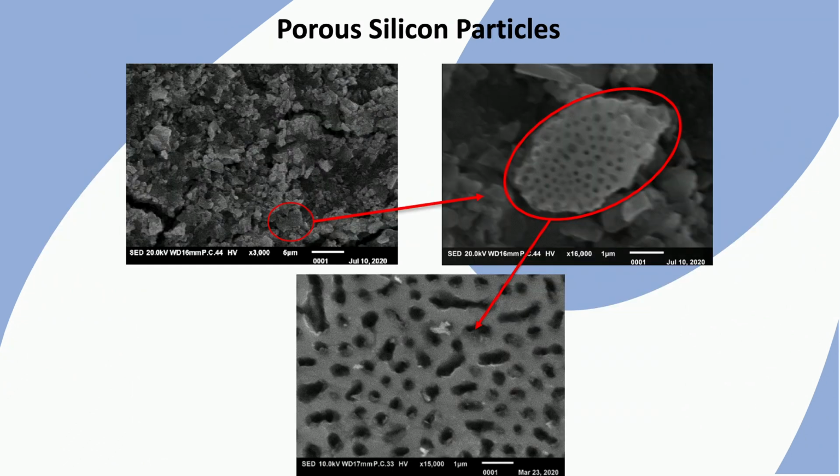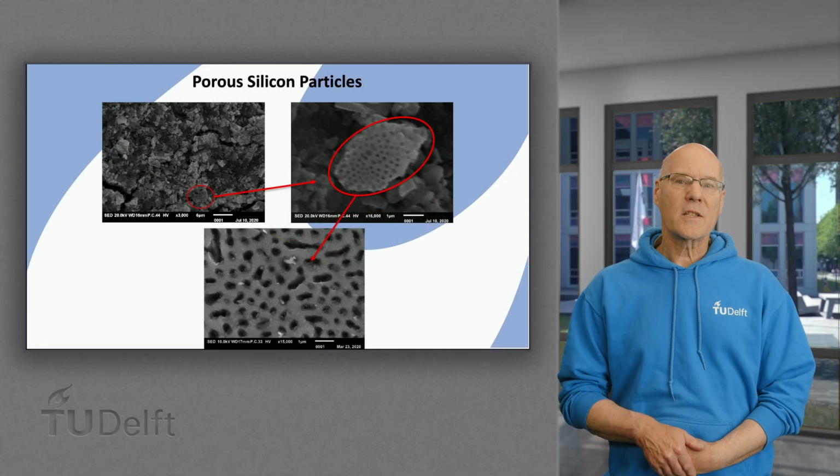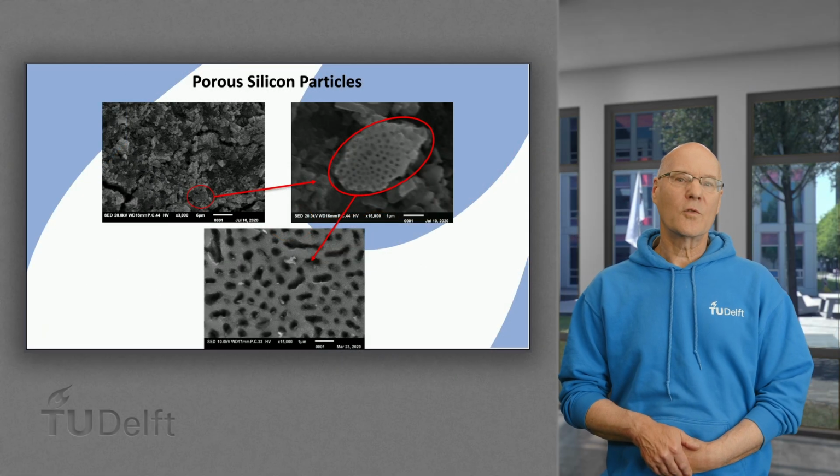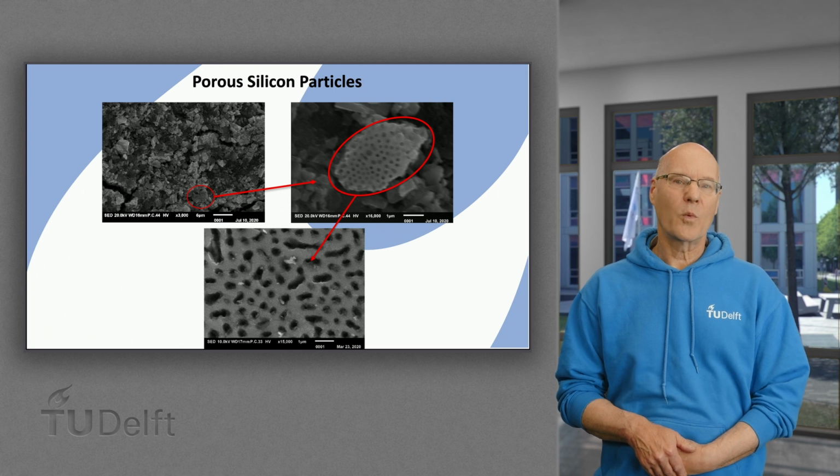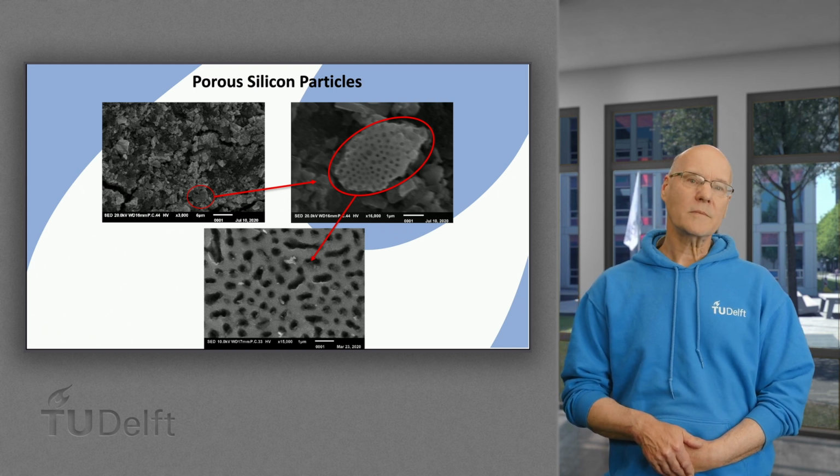Silicon itself is known as an interesting electrode material at the negative electrode. Here too, silicon wafers are etched, but here merely to create a porous structure. This is necessary to cope with the expansion of silicon once lithium is being inserted. The etched silicon wafers are crushed to obtain these porous particles with specific sizes.